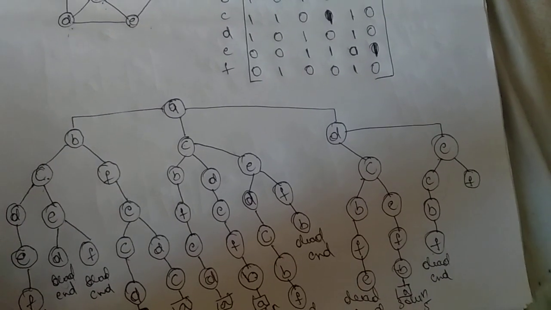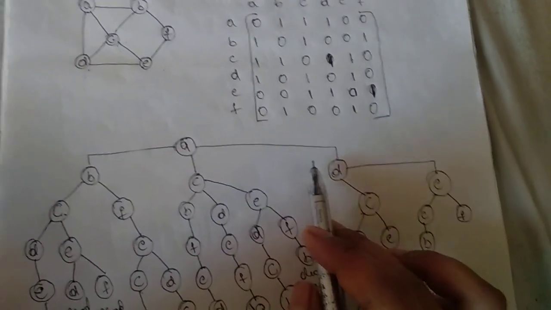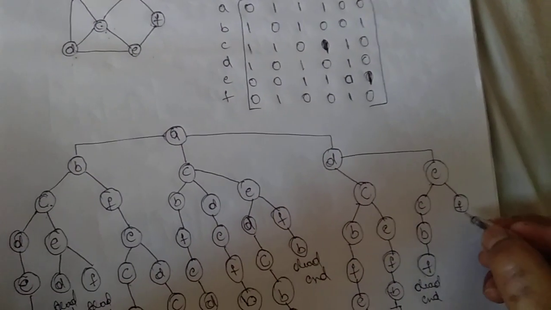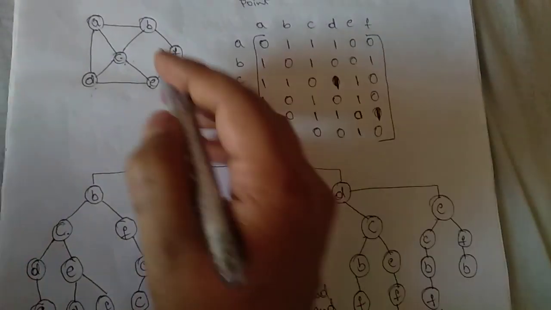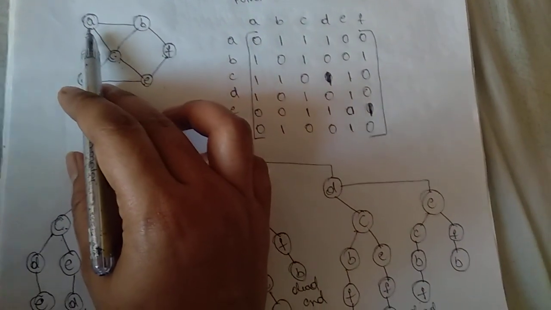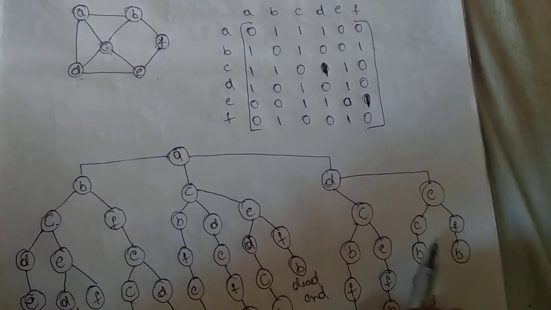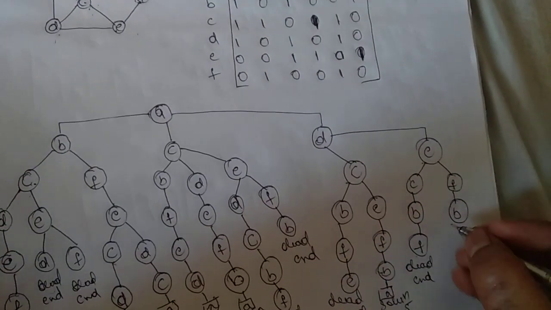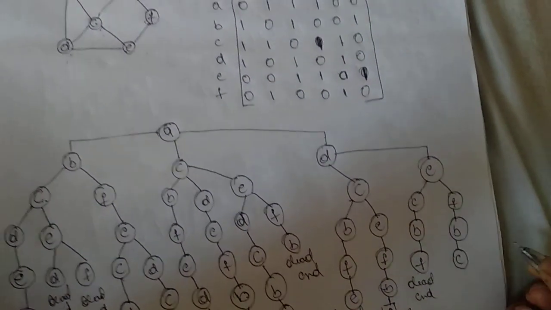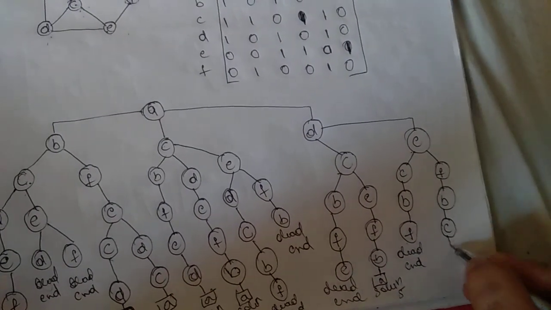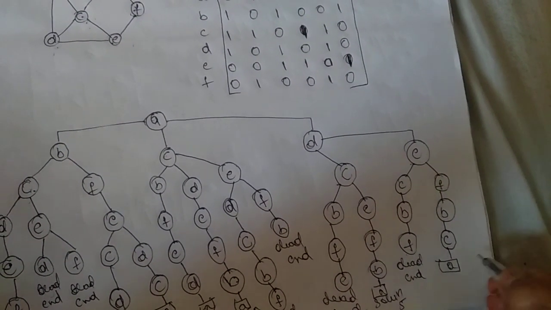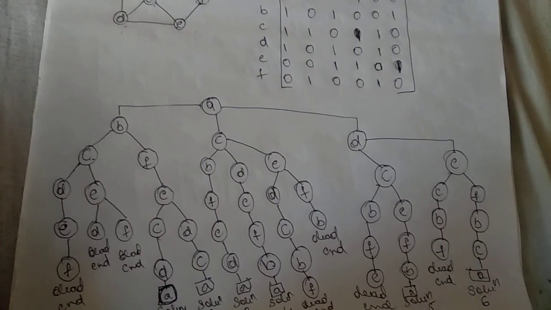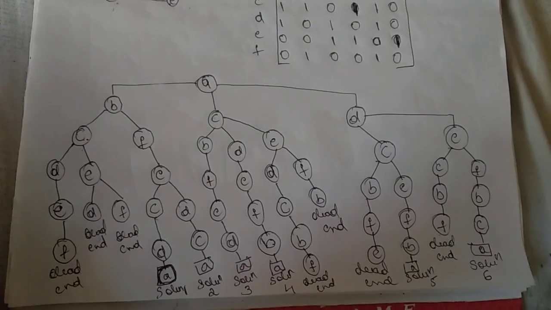Yes, so next A to D, D to E, E to F. From F to B I can go. From B to A or C I can go. For A, you have to check all the vertices are present. A, B, D, E, F, but C is missing. Can you go to C from B? Yes. So to C I'll come. Then from C to A. Again, this is one solution. Solution 6. All the possibilities are done.